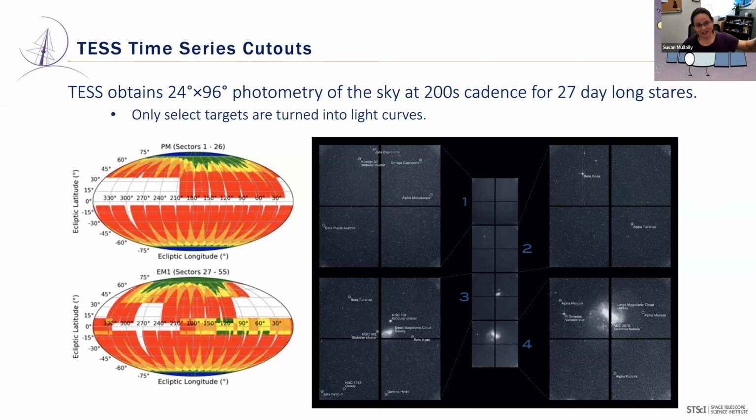Okay, so that was one way that we go about trying to make data accessible to everyone. Another thing we really think about is ways we can give people parts of data. Cutouts are really important to a lot of the missions we do, at least it's used especially for TESS and Pan-STARRS. This was just to give you a sense of what TESS is like. TESS is a large,